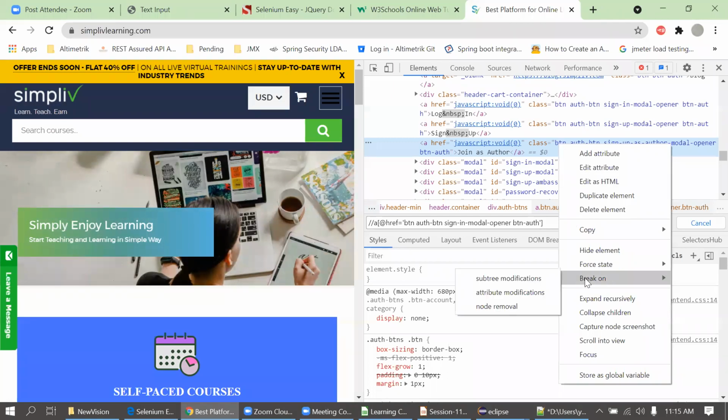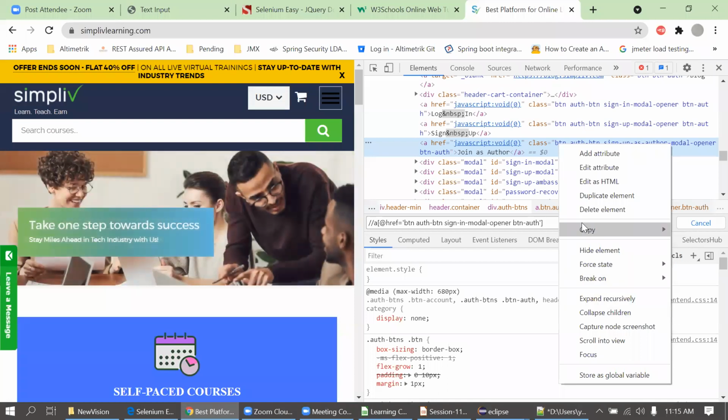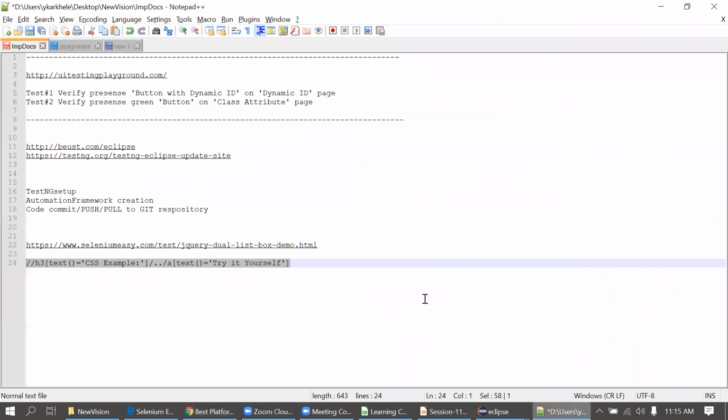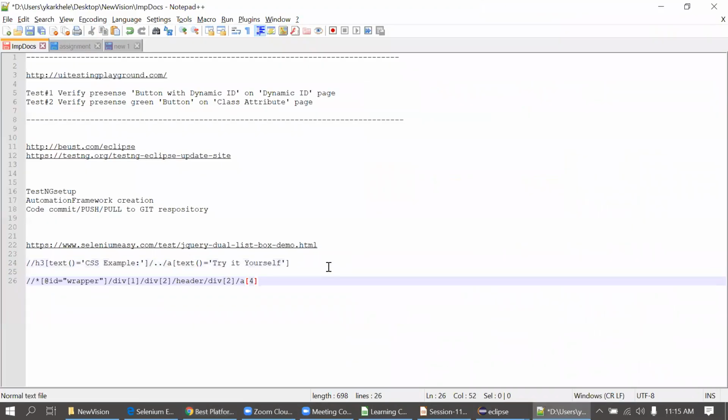Suppose, for example, you have created an XPath like this, I'm just putting a hypothetical example, by copying the XPath. Suppose in any case the developer deleted this, of course your test case will fail. And suppose this div got changed, again of course your test case will fail. So you should not create this kind of locator. You can see it's division 1, in that division it will look for division 2, again it will look for division 4, sorry, A4. So you should not go for this kind of locators.